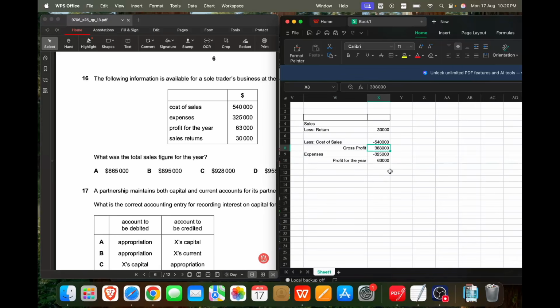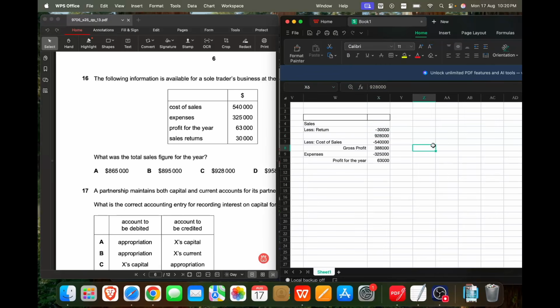And similarly, when I subtract cost of sales from my net sales, I'll get gross profit. So to calculate this one, I'll simply add them, and that would be 928,000. So 928,000 should be my net sales. In that, if we subtract the cost of sales, then we'll have a gross profit of 388,000, and